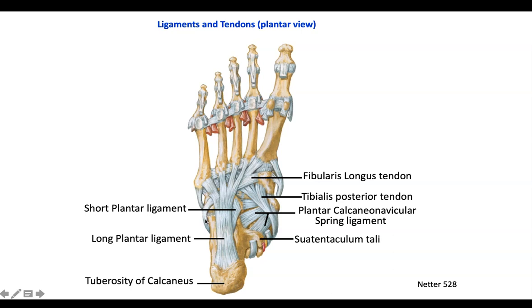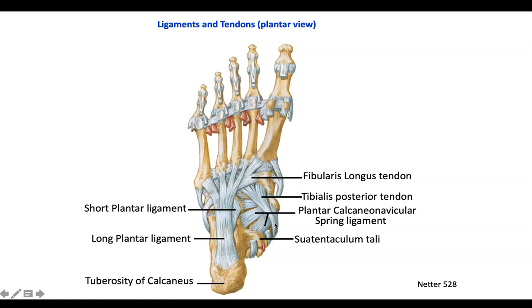See, this is the tendon of the fibularis longus muscle. This tendon crosses from the lateral side of the foot to the medial side of the foot under this ligament. And this ligament is an important factor in maintaining the transverse arch of the foot. So this is the long plantar ligament, and here is the short plantar ligament. The plantar calcaneonavicular ligament connects the calcaneus with the navicular bone,